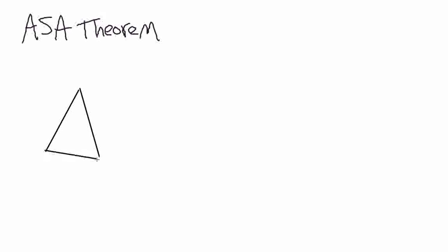I'm going to talk about the ASA theorem that can be used to guarantee that two triangles are congruent. So, the ASA theorem. What this says is that if you have two triangles and you're wondering if they're congruent, whatever shape